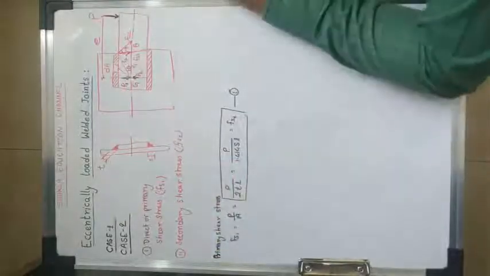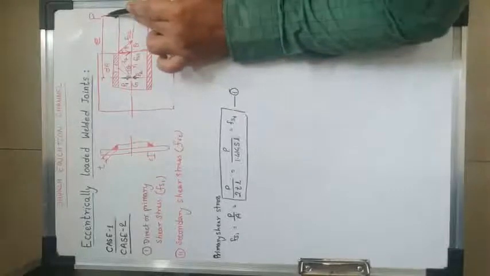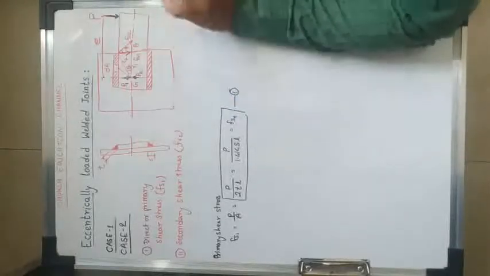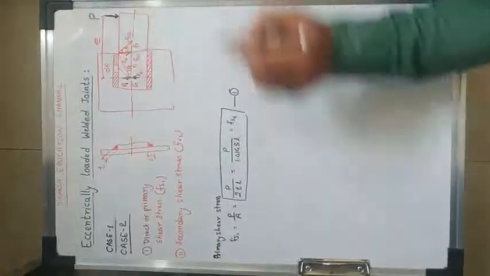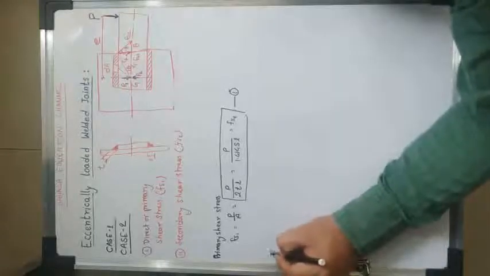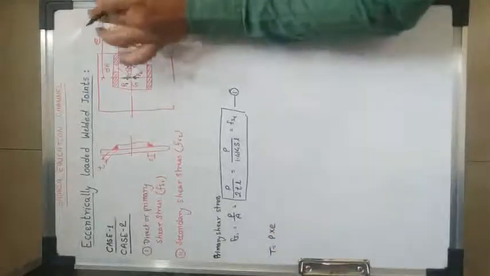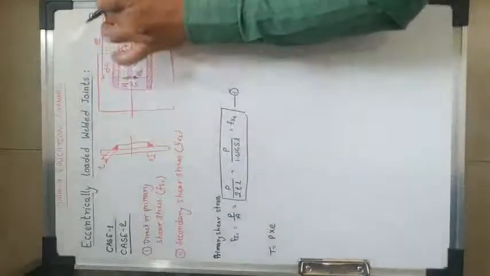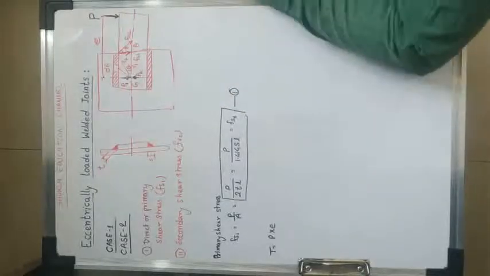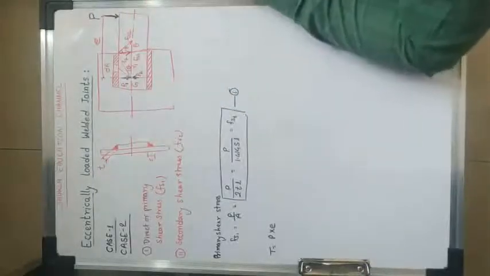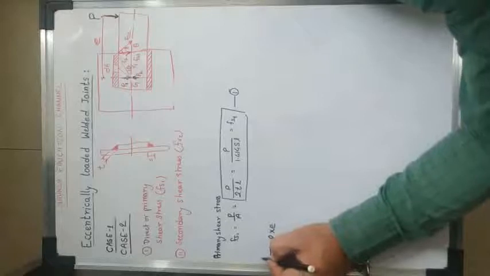Okay, and what will be the second? The secondary shear stress. Why? Because of P2. This P2 we have considered. Because of this load, this joint rotates. So this load will be, you can say, T is equal to P into E. Simple, because this load is applied at this distance and this joint is rotating. So definitely shear force acts on this joint, that is secondary. So this is the case for secondary stress.